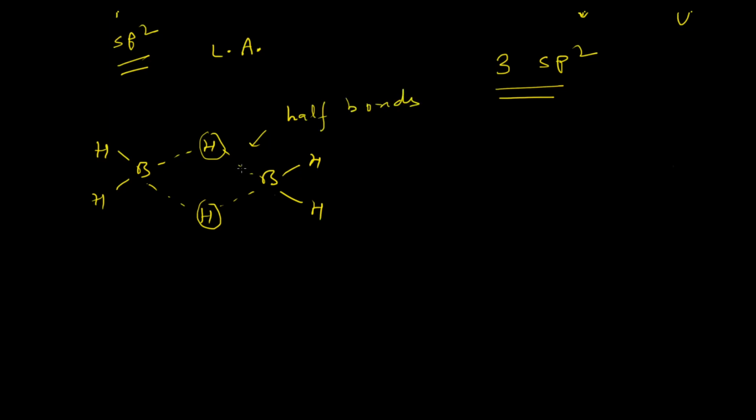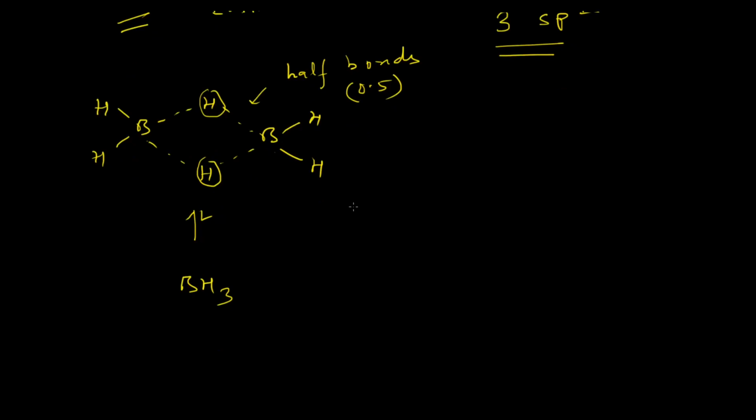They are not a full single bond, so the bond order will be roughly 0.5, and that's why it is called half bonds. So it remains in equilibrium with the monomeric form. So you can see that the dimeric form is most favored in the equilibrium, and it remains in high amount in the system. So when we want to perform any hydroboration type of reaction, we must break this dimeric structure into the monomeric form.